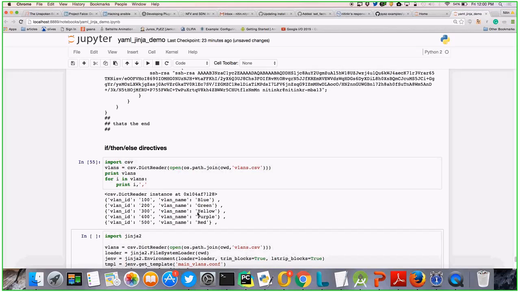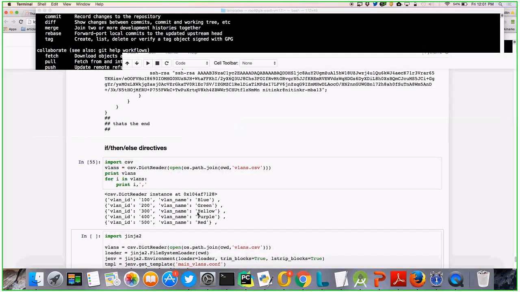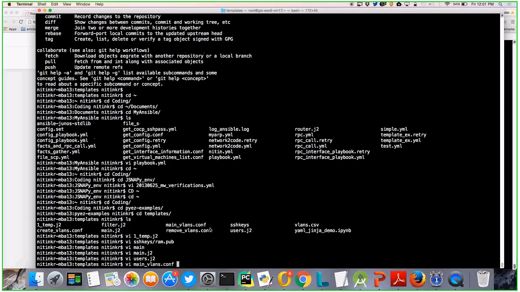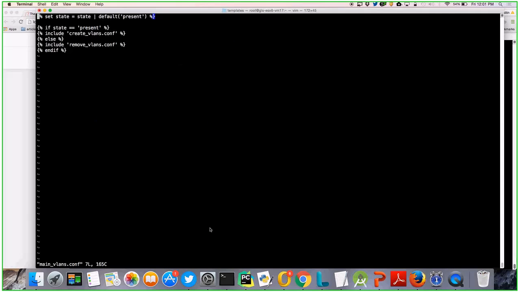So I have a CSV file where we have VLAN ID and VLAN name defined this way. Okay. So this is my template where I'm trying to use if else condition. With this set keyword in template, I can set a variable value. Okay.